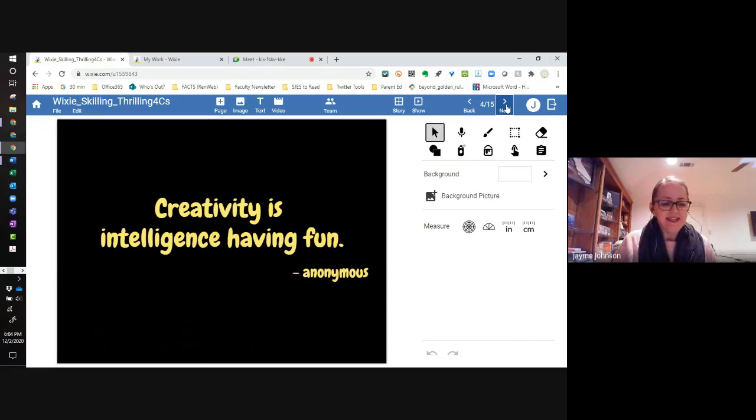So creativity is harnessing innovation and invention and trying new approaches to get things done, or intelligence having fun. Students can learn how to be creative by solving problems or trying something new. Practicing creativity encourages students to look at something from multiple perspectives, to veer away from what's always been done, to think a little bit outside the box and figure out a better way. When used by itself, creativity is great, but when combined with the other C's, it makes it even more